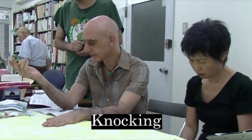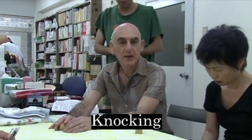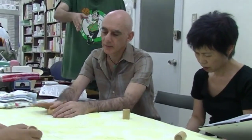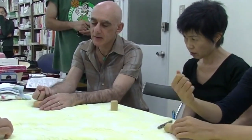Another technique is I call knocking. Another one is knocking, sort of a strong tapping. Yes, that's it. And you saw me using this technique around his navel, around Dr. Kobayashi's navel. So you can tap like this, or you can tap harder, knocking,